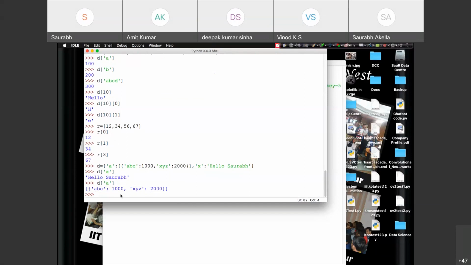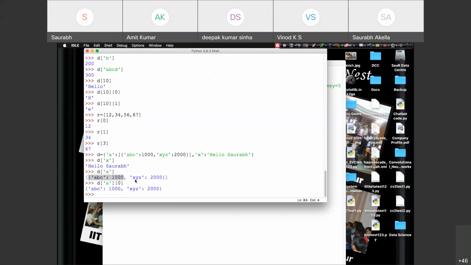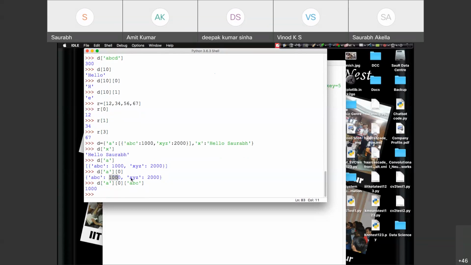So I write D of A of 0. Now you have curly braces once again, so after D of A of 0 you write the key, ABC, and you'll be able to access 1000. Similarly, you'll be able to access 2000.